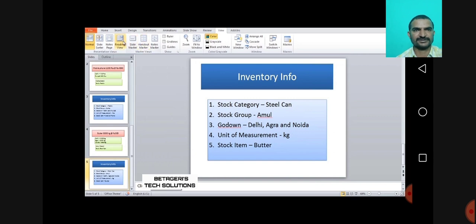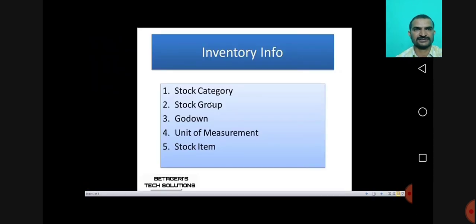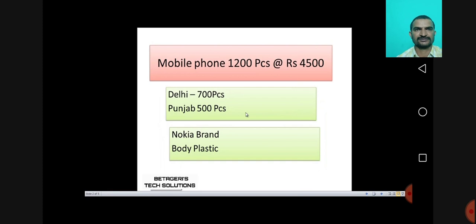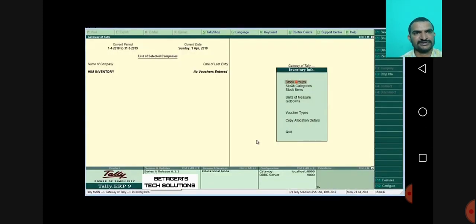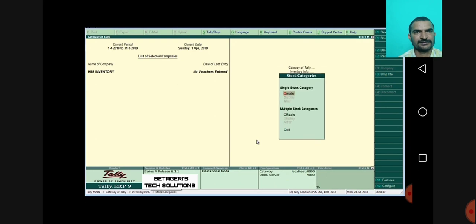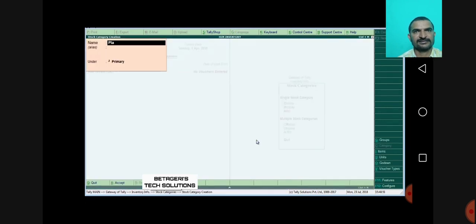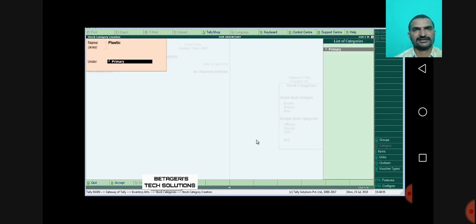So these are the inventory infos: stock category plastic, stock group Nokia, godowns Delhi and Punjab, unit of measure pieces. First we should go to the stock category. You should specify the name on the stock category creation screen under primary group.